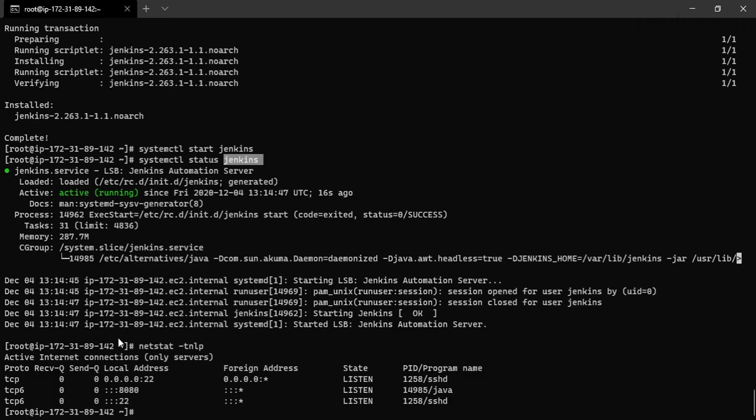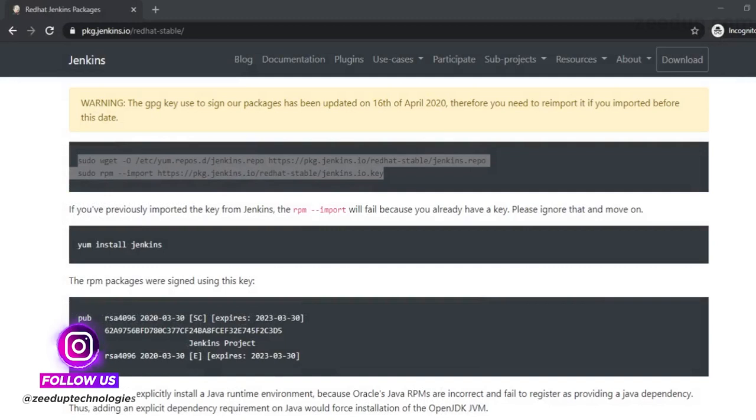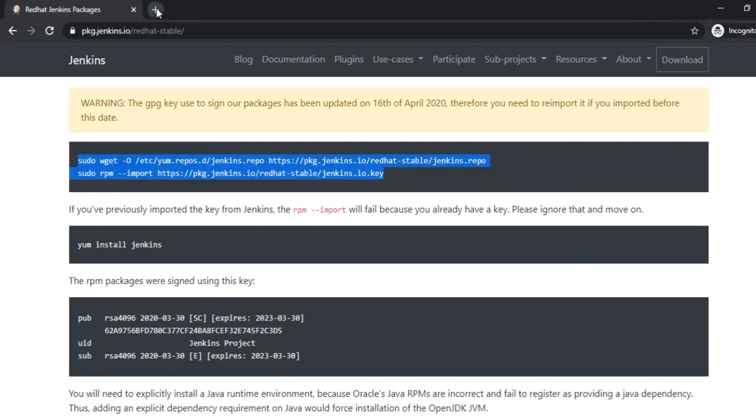Okay, so if you want to connect to the web UI or use the web UI, you need to connect to the IP of this system and through this IP on this port number in order to connect to your Jenkins web UI. So that is exactly what we will be doing right now, and we will be using our system's IP in order to connect.